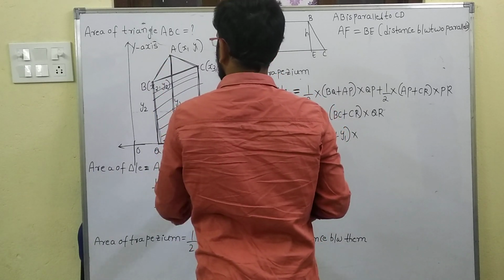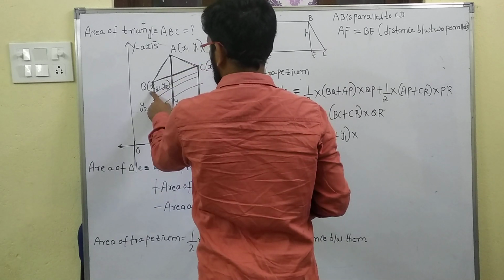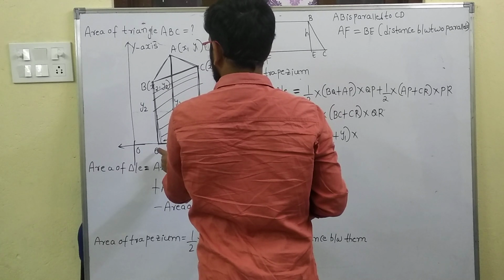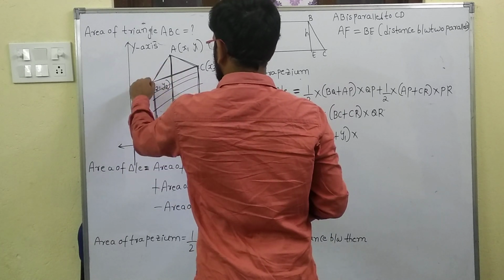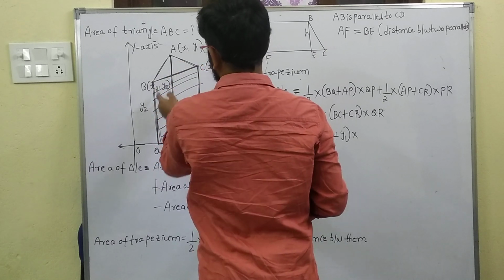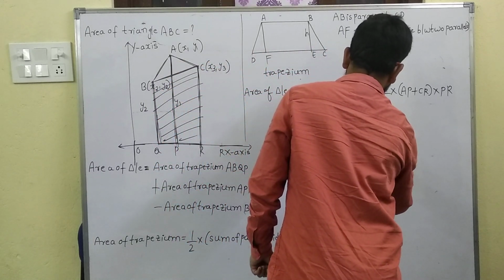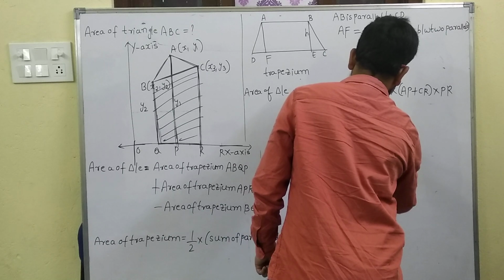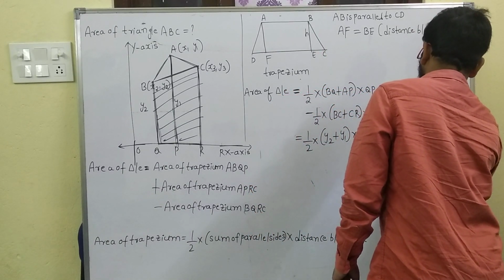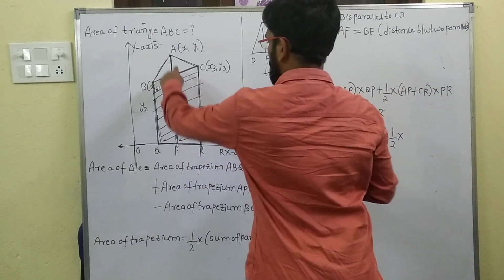QP means x1 is there and x2 is there. So the total distance from here to here is x2 minus x1, plus